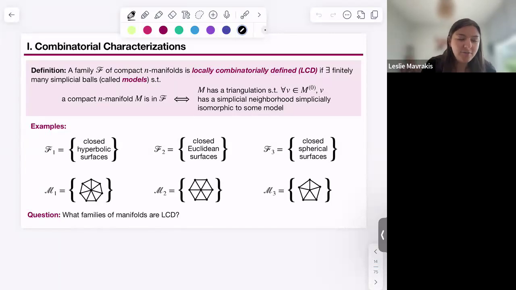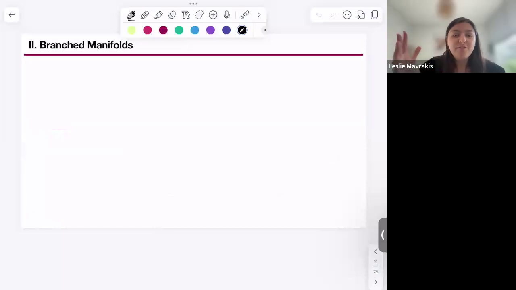So this motivates wanting a different perspective that doesn't have to deal with so many models. And this second perspective that I want to introduce has to do with branched manifolds. I will give the definition of what a branched manifold is, but before we do that,